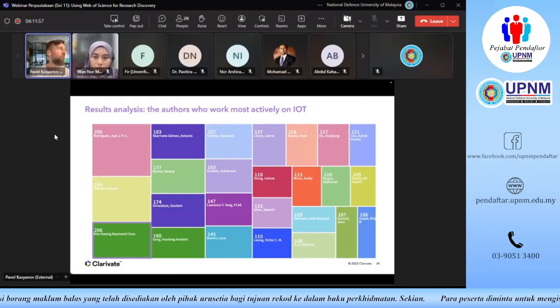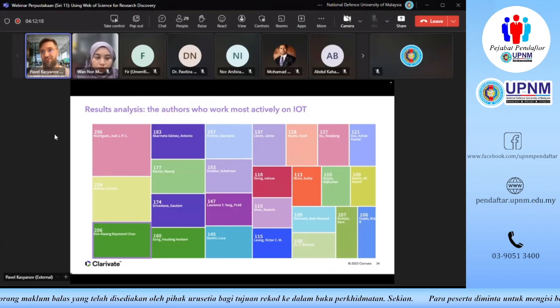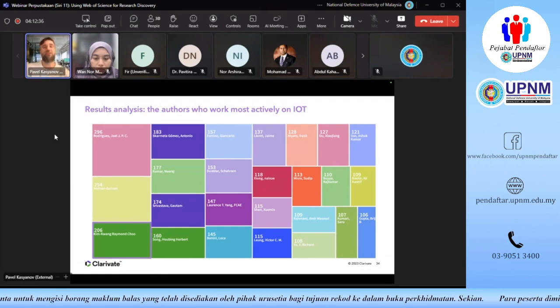We can collect them into tables. We can bring them onto graphical plots, just like this tree map here. So what we see here is we've broken down all of these 144,000 papers by the researcher name. And those are the 25, if I'm not mistaken, top researchers who are the most active on the topic of Internet of Things. As you can see, the number in each rectangle means the number of records that this particular researcher has published, specifically featuring the word IoT or Internet of Things in its abstract, title or keywords.